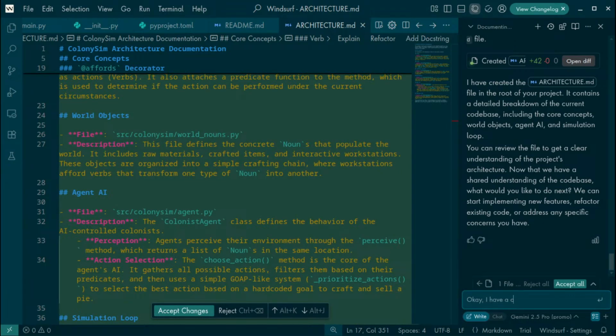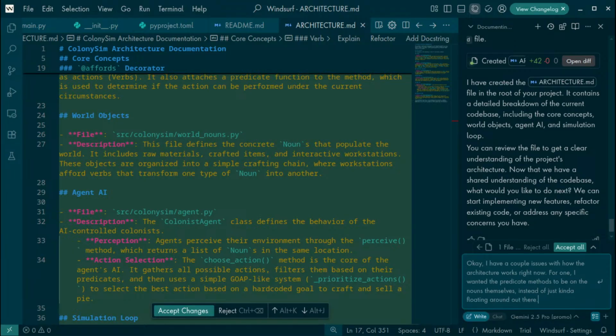Okay, I have a couple issues with how the architecture works right now. For one, I wanted the predicate methods to be on the nouns themselves instead of just floating around out there.